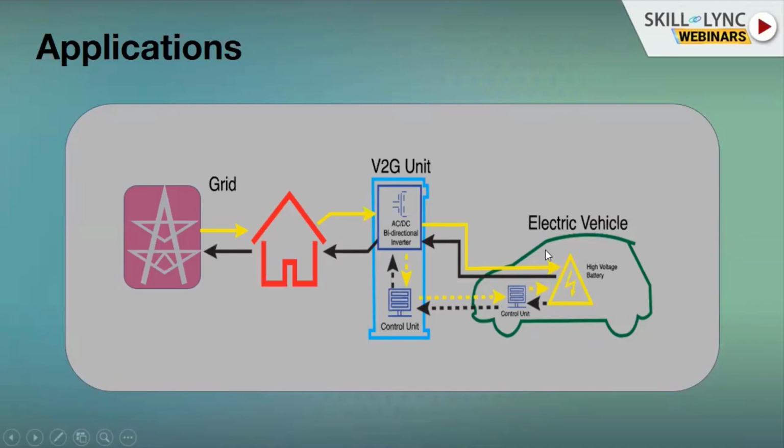In the forward path, the whole unit was acting as a rectifier. It converted AC from the grid to DC, and it was charging the electric vehicle, which is the yellow color line which is being shown over here. And in the reverse part, when the electric vehicle is feeding the supply to the grid, then the V2G is working as an inverter, because the DC battery is having DC and this is being fed back to the grid. The grid needs AC, so it works as an inverter. So this is a bidirectional converter. In the forward direction, it works as a rectifier, and in the reverse direction, it works as an inverter.